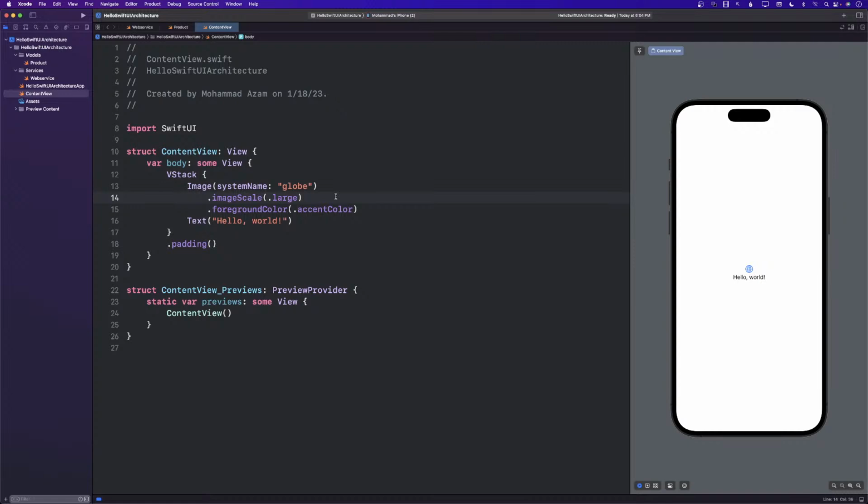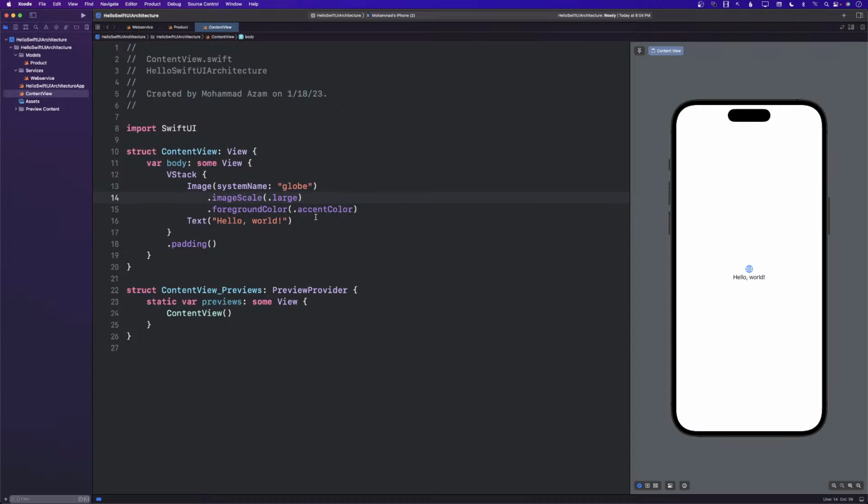Now, which architecture you should use in your application kind of depends on the application, so I can't really talk about that. But maybe in future videos, I can talk about the advantages and disadvantages of architectures so that it will help you choose certain architecture over the other. Once again, if you have any question, you can just type it out in the chat window, and I'll be more than happy to take a look at it.